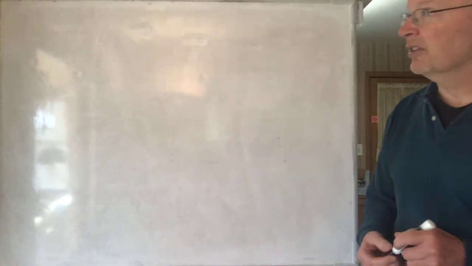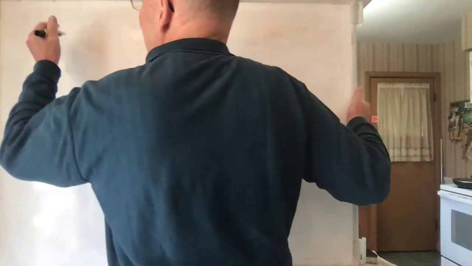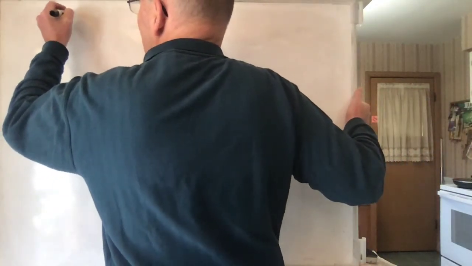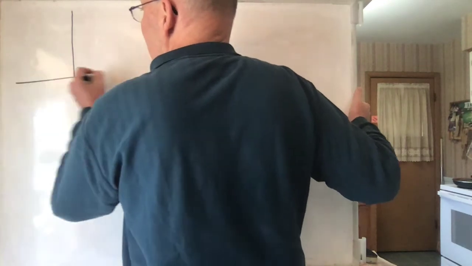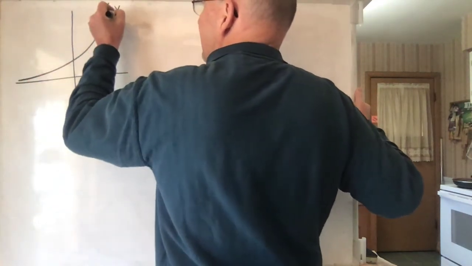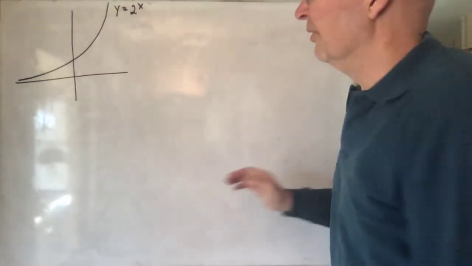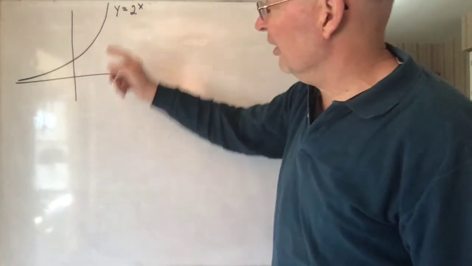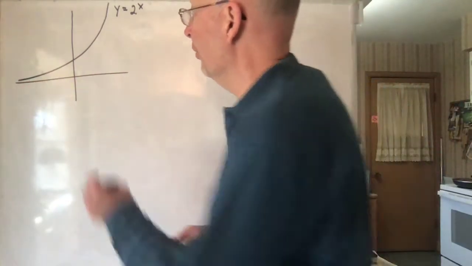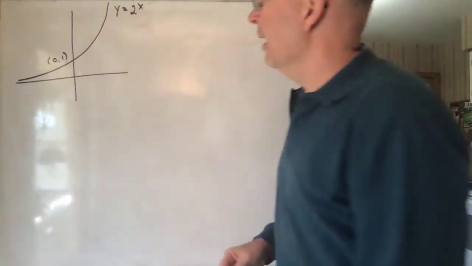Okay, today we're going to discuss logarithmic functions. In the last lesson we discussed exponential functions. Recall that 2 to the x looks like this. Example. It was one that was always increasing. It went through the point (0, 1), and